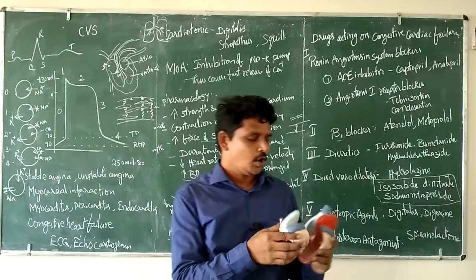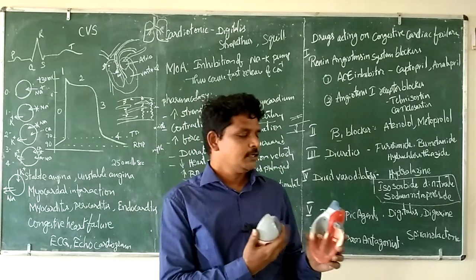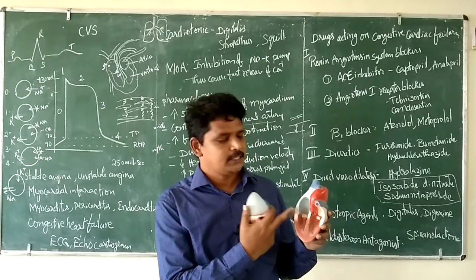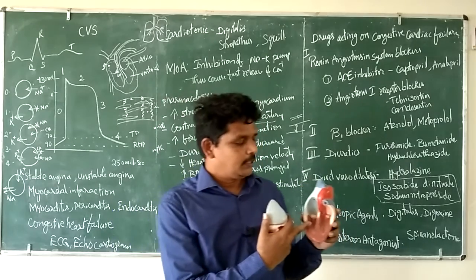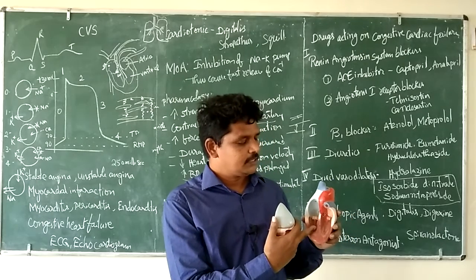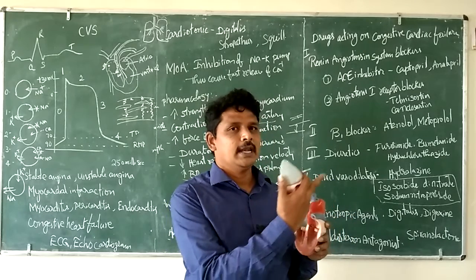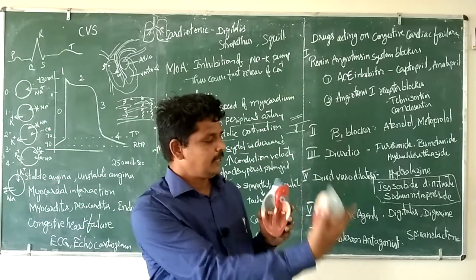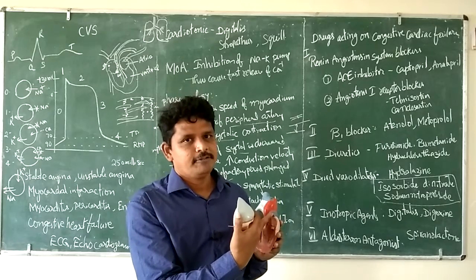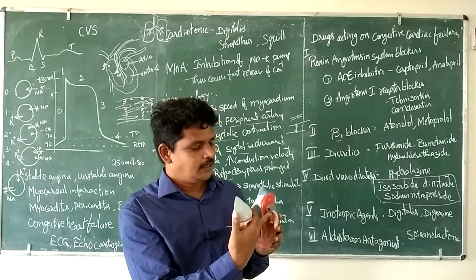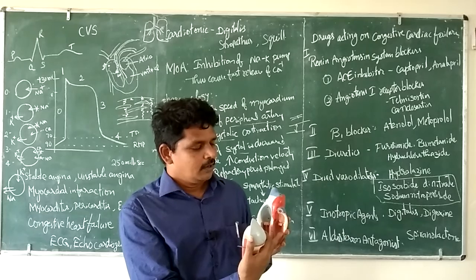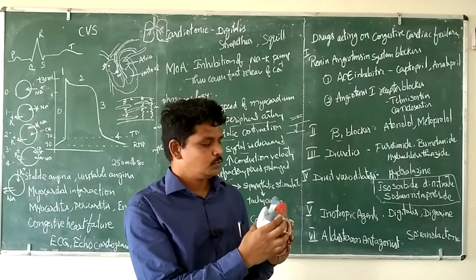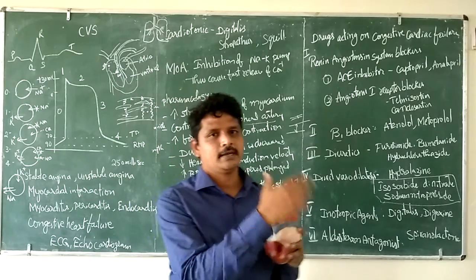If you see this, as you know, this heart has 4 chambers. Here the blood from the superior and inferior vena cava is poured into the right atrium. From the right atrium it is pumped into the right ventricle. From this the blood is transferred to the lungs, where the gas exchange takes place. After the lung, it is again poured into the left atrium and then the left ventricle, and from here with high pressure it is pumped through the arch of the aorta, which supplies blood to the entire body.